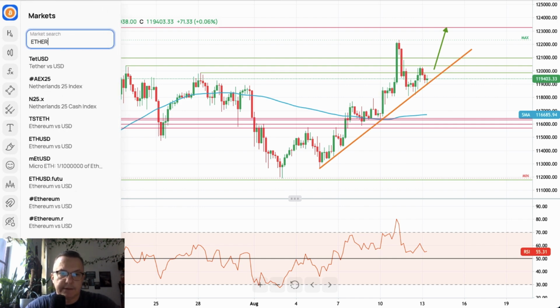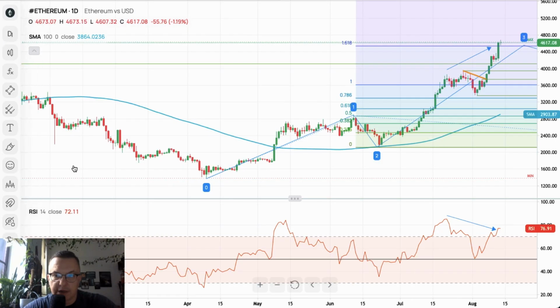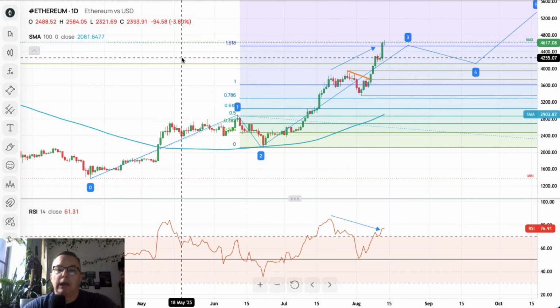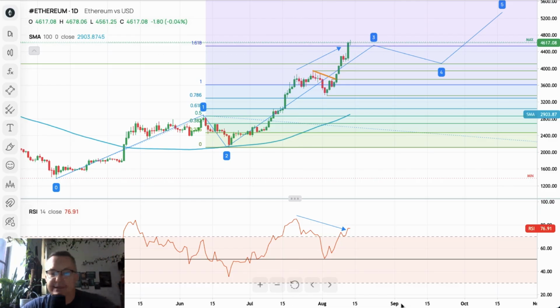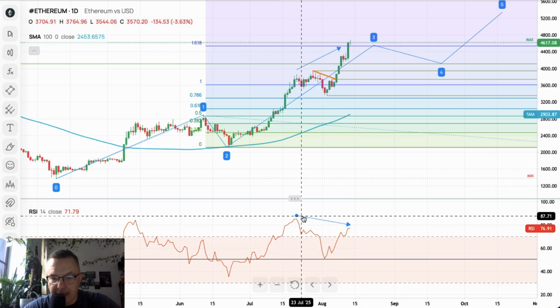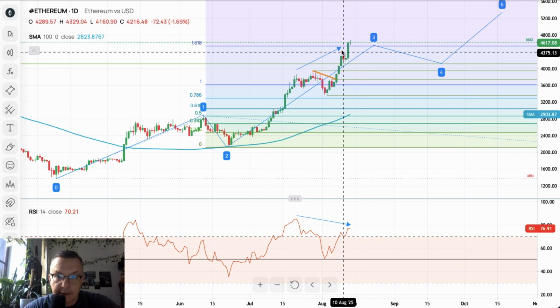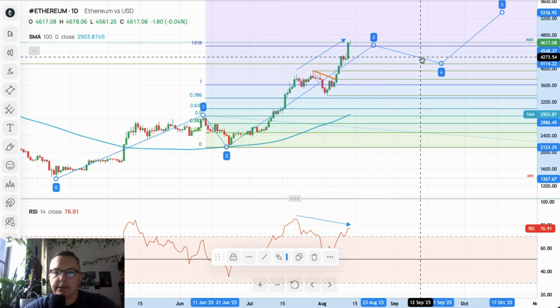And last but not least, Ethereum. Let me switch to the daily time frame chart. Ethereum has hit our target. As expected, Ethereum hit the level of 4,540 as the bearish divergence progresses. Right now we have an even higher high, and we should expect some sort of profit taking or a pullback in wave 4 very, very soon. So please keep an eye on the current developments in Ethereum.